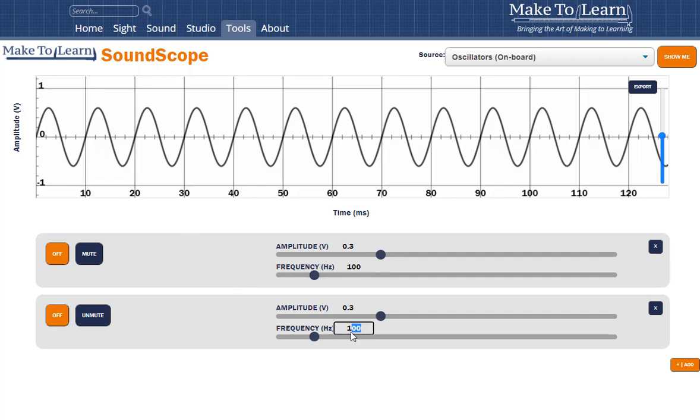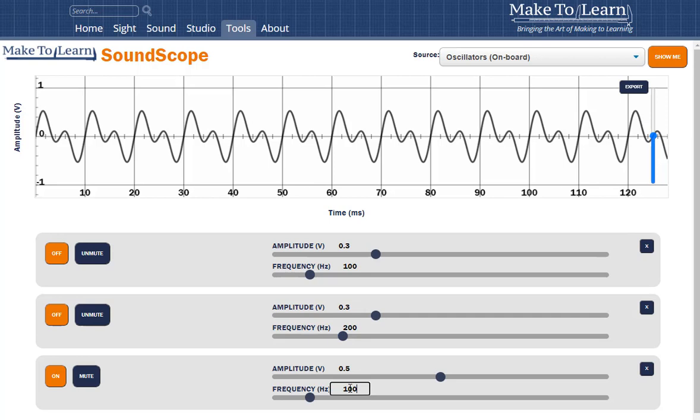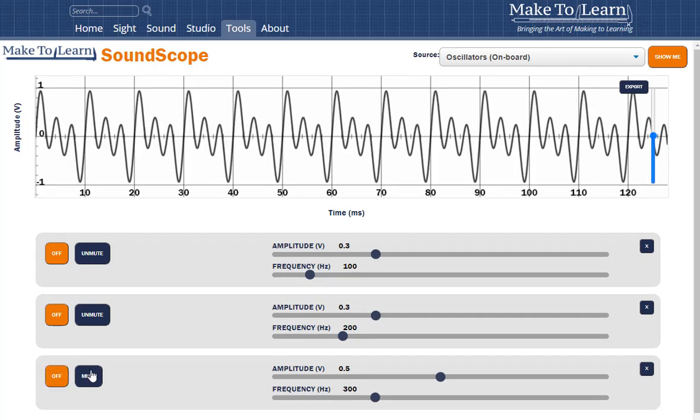If I change the second frequency, then I'll get a complex waveform, and you may be able to hear the two different tones. There's a 100 hertz tone, and you can see that lower frequency, and then there's a second piece generated by the 200 hertz tone, and when you add the two tones together, you get a complex waveform. I could add a third tone at 300 hertz, and if I do, it will look like this,